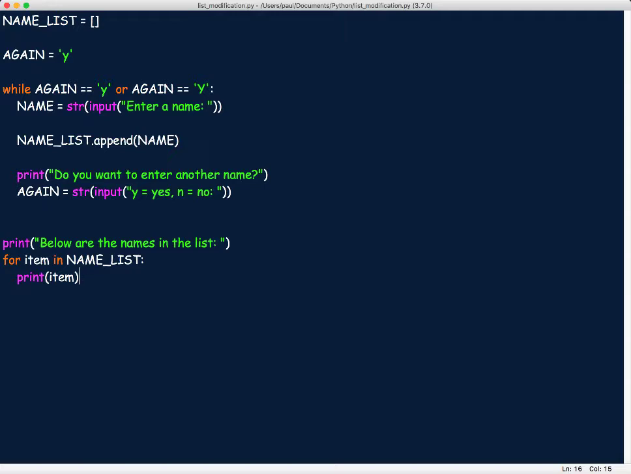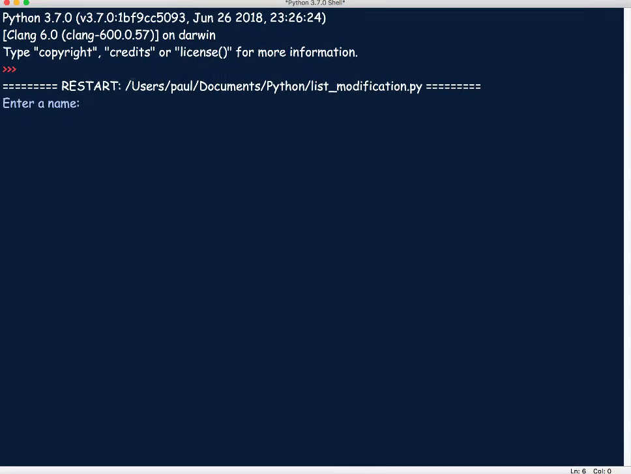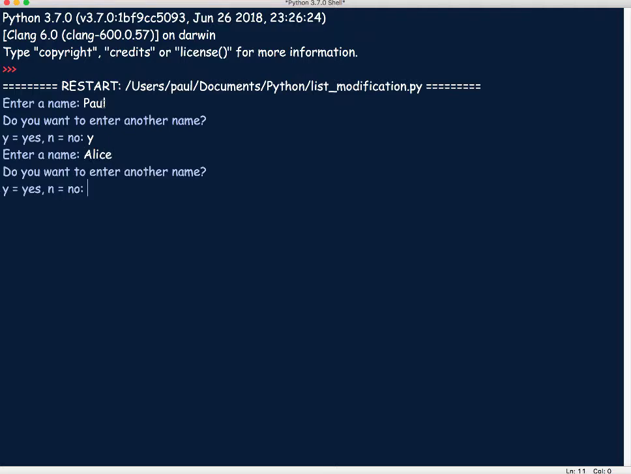Okay, so if we run this, go up here, run module, and enter a name. So I'm going to put in my name. Do you want to enter another name? Lowercase y. Enter another name. Alice. Do you want to enter a name? If I put a capital Y in, notice it still allows me. So Bob, let's say I want to do Eve,